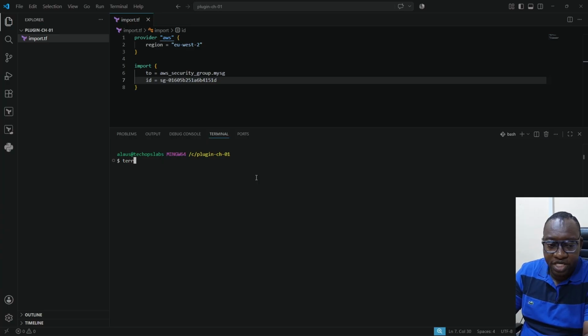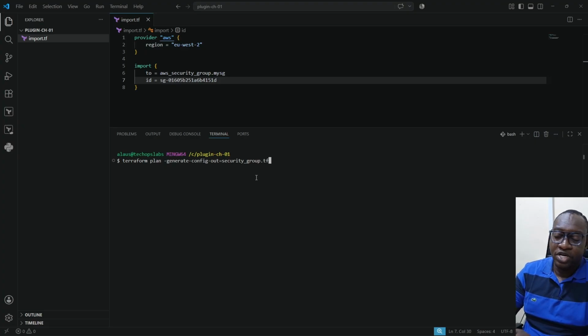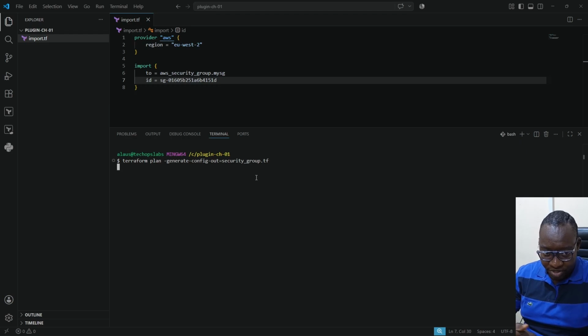Okay, so here you can do terraform plan, and you can say -generate-config-out, and then of course equals to, you can give it any name you want, right? You can give, say, security_group.tf. So what this will do basically is that it's going to generate the configuration file for you automatically. So if I press enter,